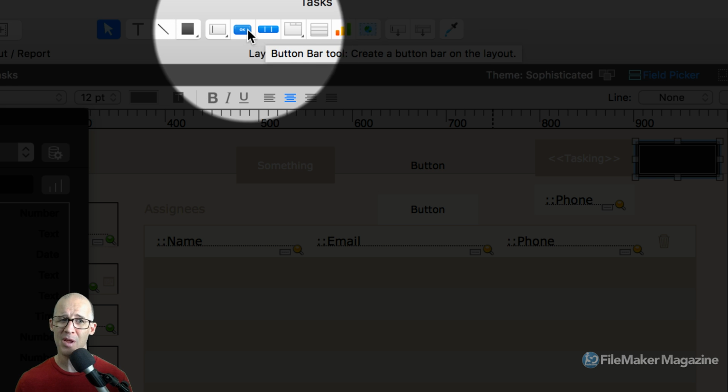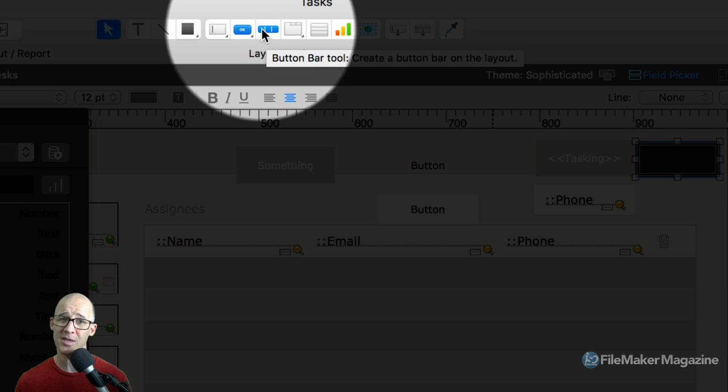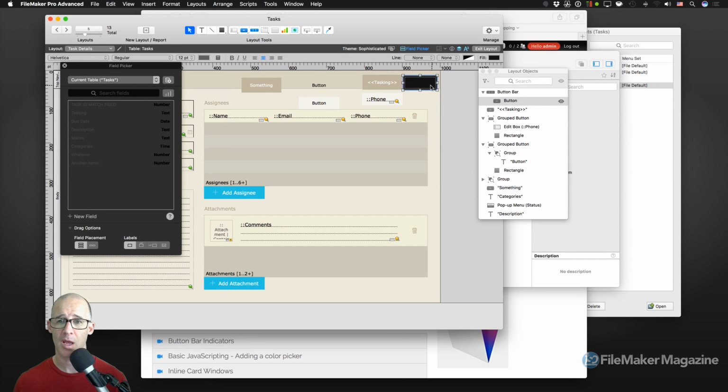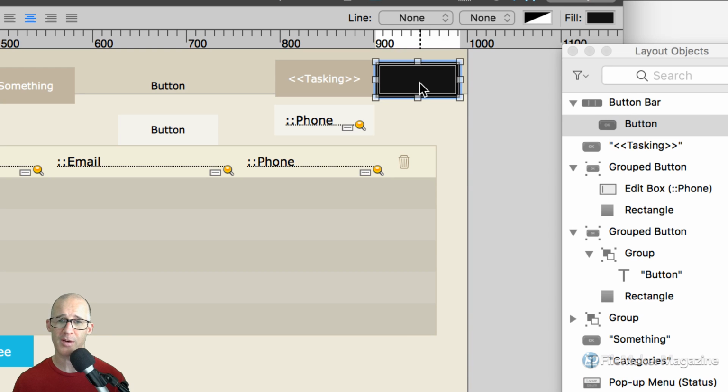These are pretty much the same, but because this is a newer object in FileMaker, this one has more power integrated into it. And by that, I mean that we have access to FileMaker's calculation engine, which we're going to take a look at in another video. So I would be able to style this so that it's not black,